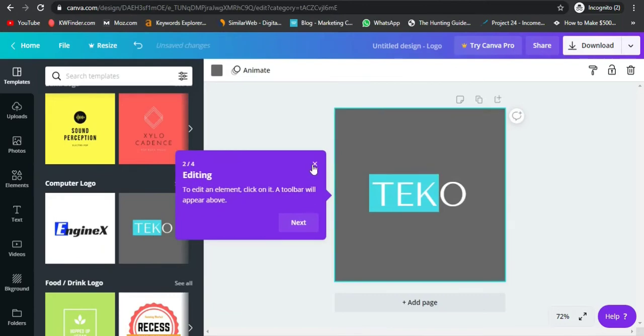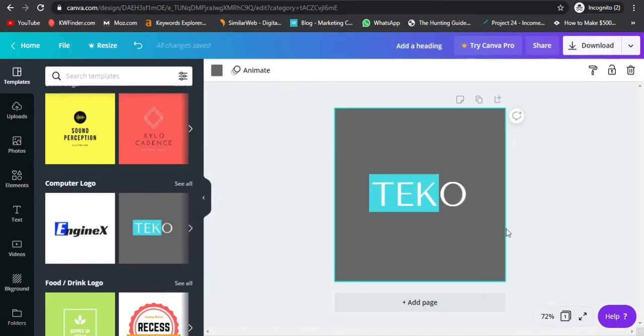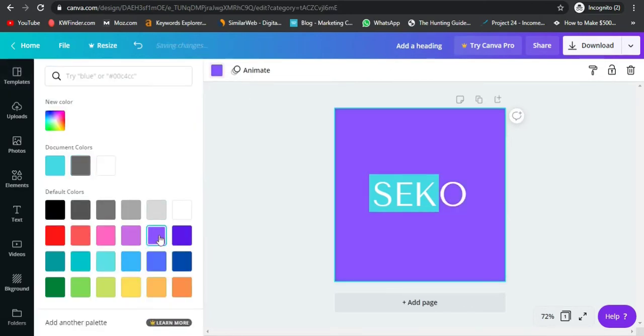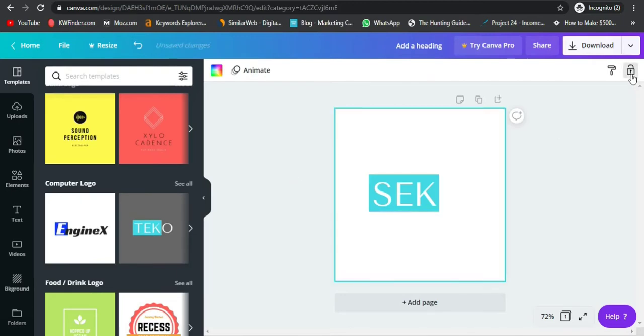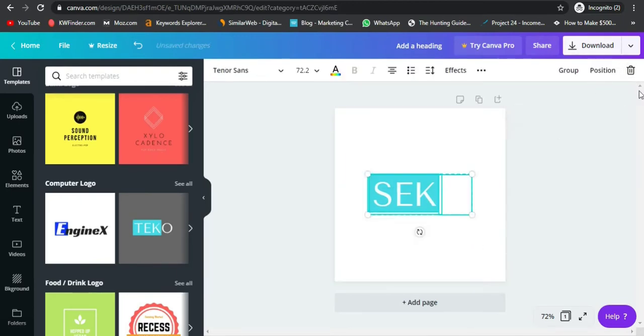Let's close all these little bubbles. And now you can edit this however you want. You can change this to second, or just change this to S, seco, or whatever the case may be. You can change the background color to say purple, and you can download this easy as pie. So this is obviously a very easy route to go, but I want to show you a little bit more creative way. So I'm just going to go ahead and delete this one, and also make sure to delete that,